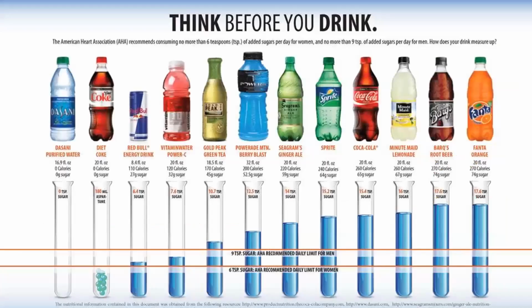I found this infographic here, and I thought this was really fascinating because you can see these lines here, right? So woman, 6 teaspoons down there, and a man, 9 teaspoons, and a bunch of popular drinks, right? A Red Bull is a little bit more than the 6 teaspoons. And vitamin water, I was so shocked to find out how much added sugar was in vitamin water. Not quite as much as a can of soda, but getting there. And then a bunch of these other drinks here.